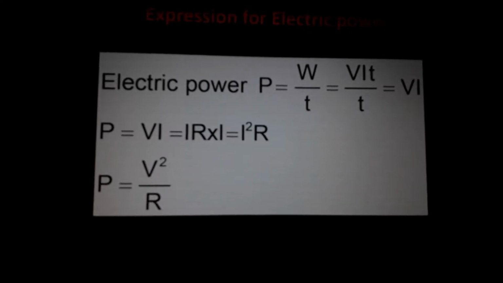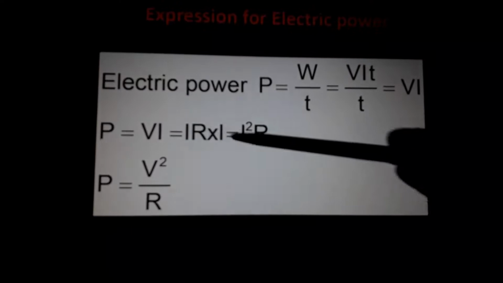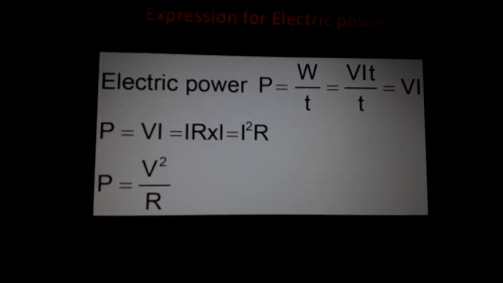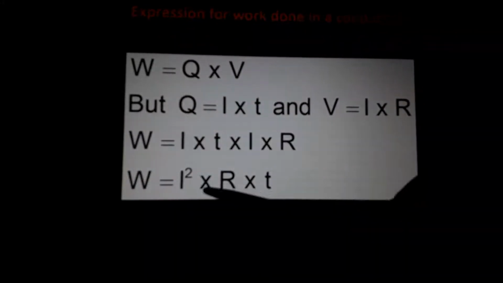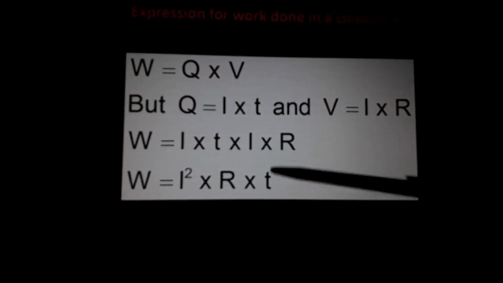So we have three equations for power. First, we already know what W is. W is VIT. Work done by time means VIT by T. P is equal to VI is the first equation for power. Second one, I square RT we know, isn't it? I square RT just divided by T, we will get I square R and V square by R. Actually see, here W is equal to I square RT. Power is what? W by time. I square RT divided by time, time and time cancel, we will get I square R. Isn't it? That's simple.